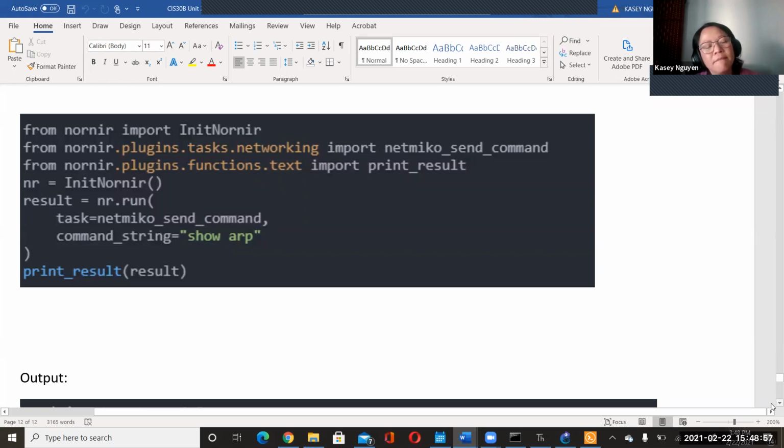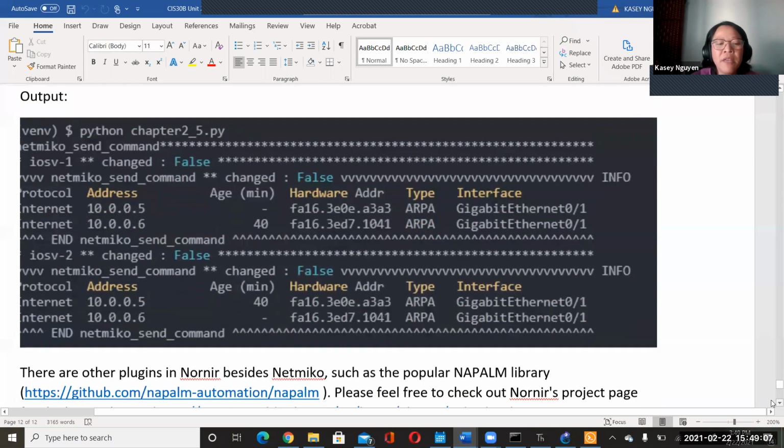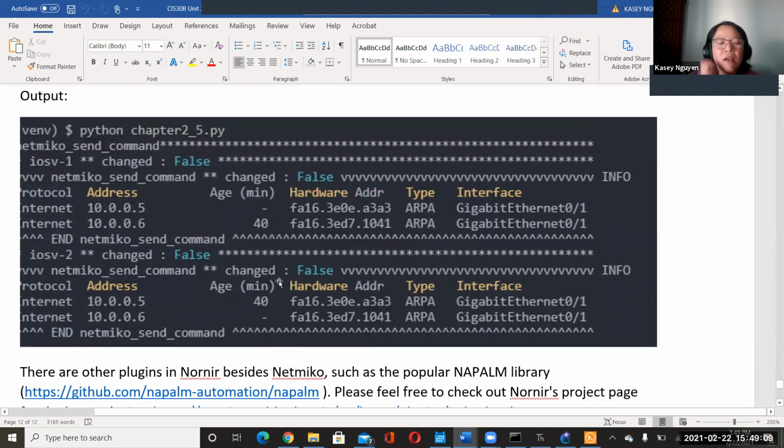Okay. So here, see how the plugins work. And then after you run that, it would give you the details for how it's applied. It sends a command and so forth. So Nornir is a framework that we can utilize with Netmiko for plugins.